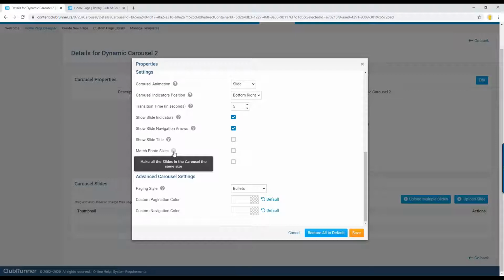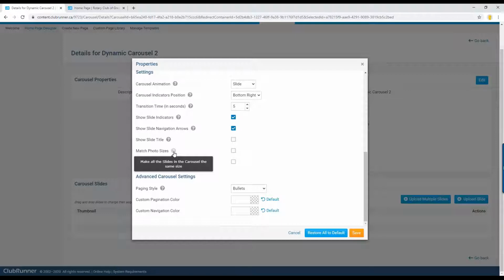1600 by 400 is 4 by 1, so it is 4 times as wide as it is tall. And the reason why we want a really wide, very short image is so that it goes across the screen and doesn't take up a bunch of resolution, or a bunch of size. Now, if you have a couple photos that are a little off, maybe you have 1650